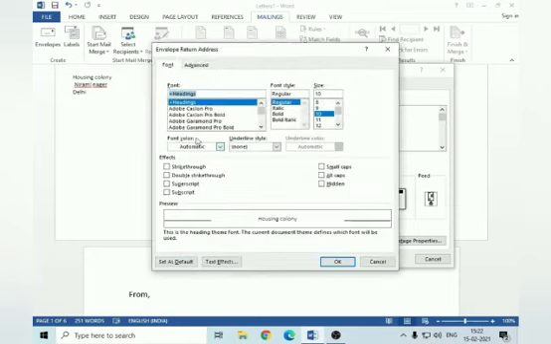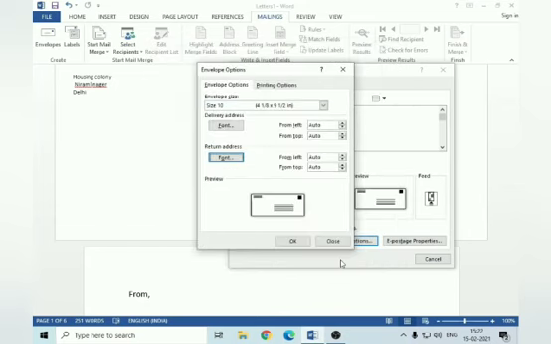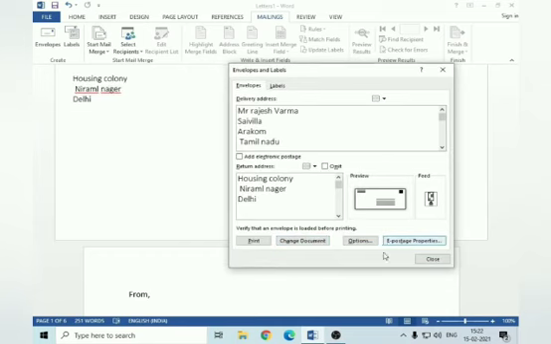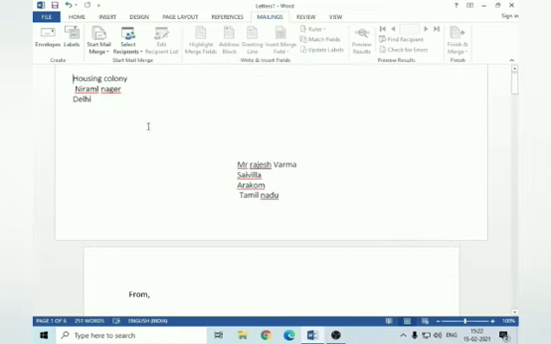And this is the font format of delivery address, and this is the font format of return address. So you can change its font size and style and click OK. Now it's changed like this. Click on print button to print the envelope.